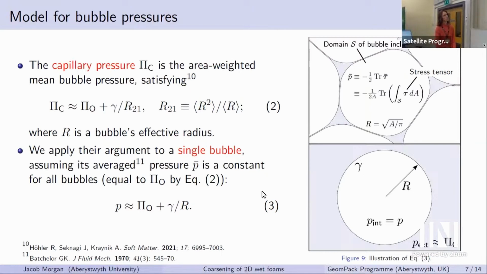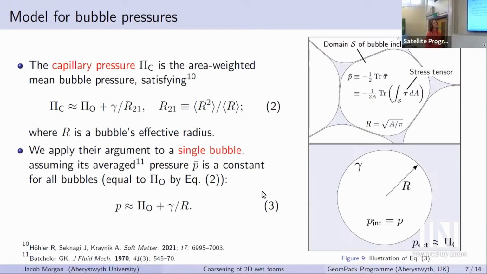And so what one does is one starts with evaluating the average pressure over a bubble, by which I mean specifically in this sense here. So where tau is the stress tensor and tau bar is the stress tensor averaged over the bubble, including the bubble's interface, in order to pick up the contributions from the surface tension in the sense of Batchelor. And then one gets what I call the average pressure, just as minus a half the trace of the mean stress tensor there. And so evaluating after Batchelor